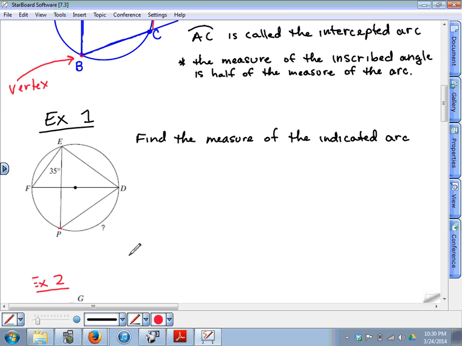So the question is to find the measure of the indicated arc. You notice a question mark here that's indicating that we need to find the measure of that arc from D to P. Now,